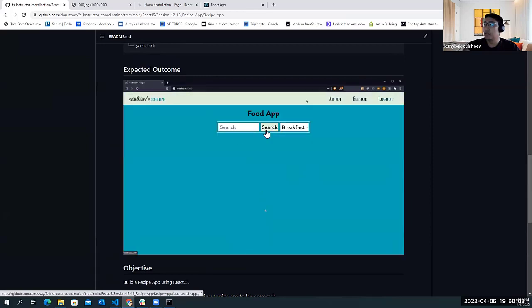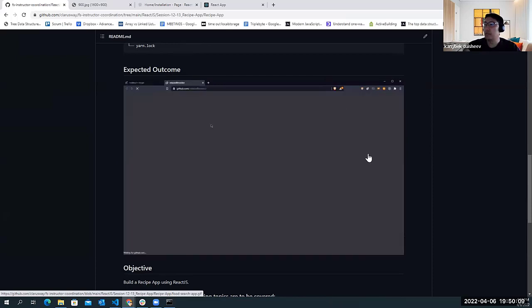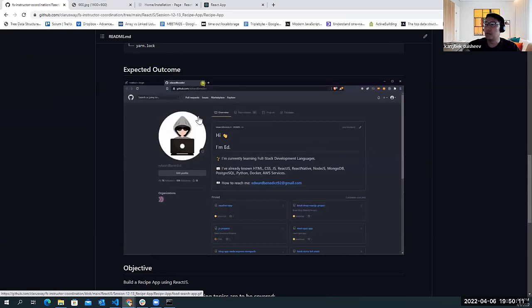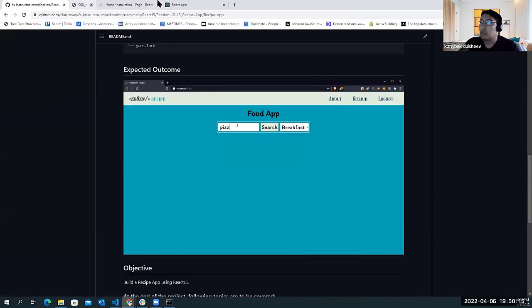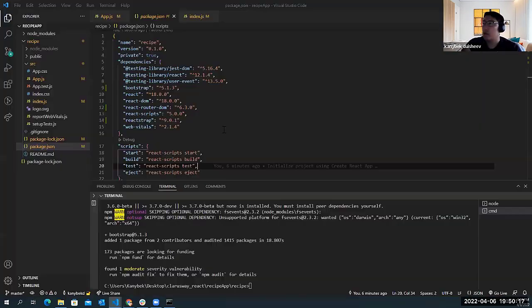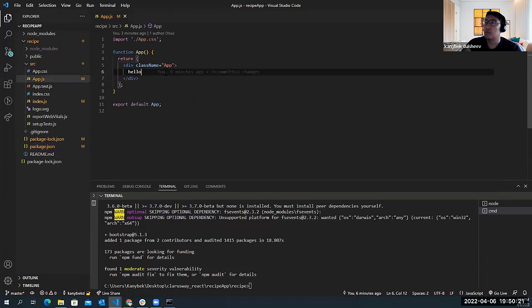Let's start with the main page, and then we will create the login page later on. So it redirects us to the main page. Here, I don't want this one anymore. I don't want this one anymore. And this is where our main app